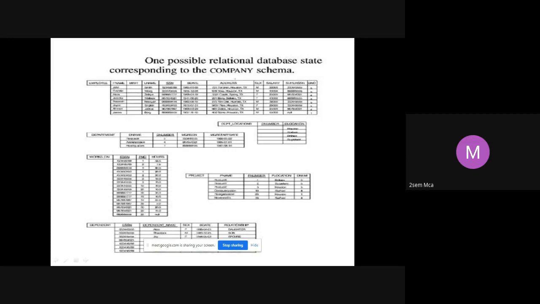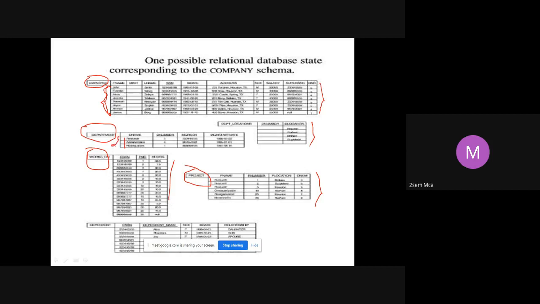See here, you may not be able to see the values, that's okay, I'm not bothered about that. You have this employee table, which has all these records. Then you have department location, which has all these records. You have the table department, with 3 records. Works on is a table with a lot of records. Project is a table with a lot of records. Dependent also has certain records. What is the state of the employee table? The state of the employee table is nothing but the collection of these records of the employees. Are you seeing? I'm marking that. This collection of records of these employees is nothing but the state of the employee table.